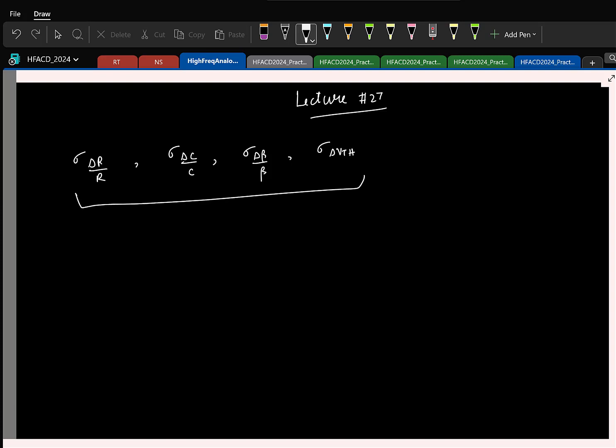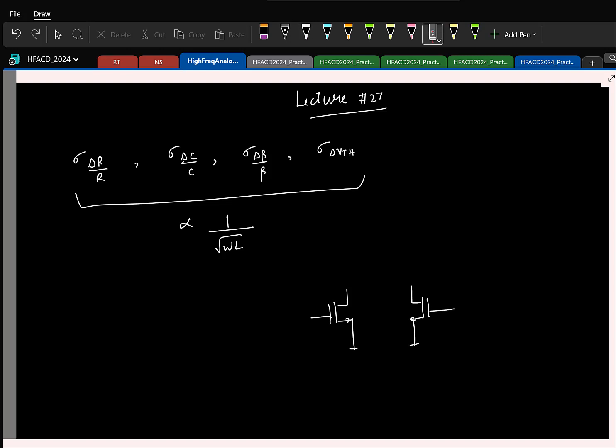And all of these are inversely proportional to the square root of the area. Which means if you were to reduce the mismatch, an obvious solution is to go and increase the area of the device. We also saw in the last class, if we have two supposedly identical transistors,